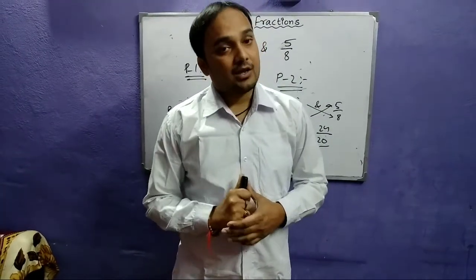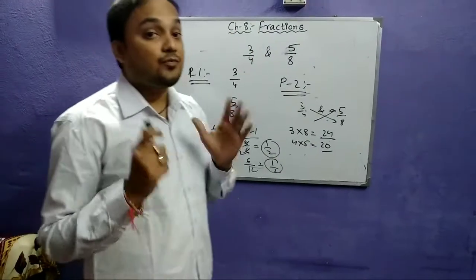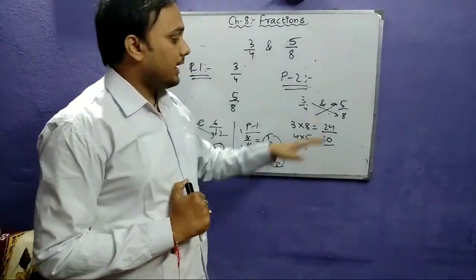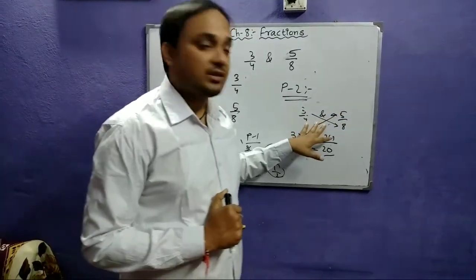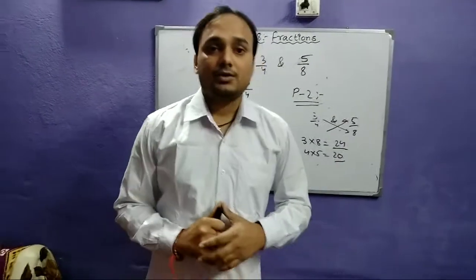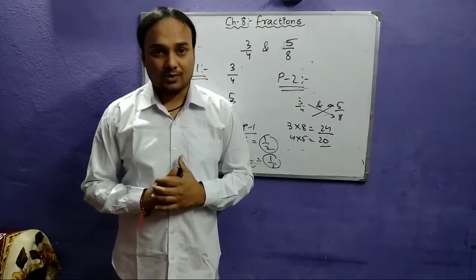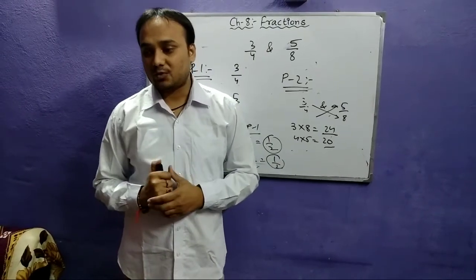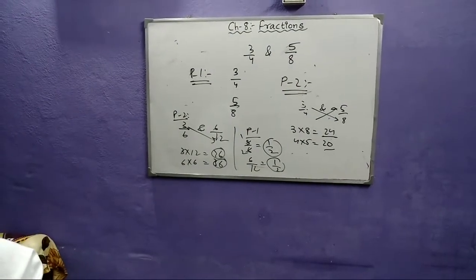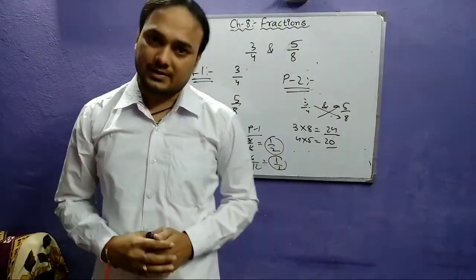And then we saw how to check whether two fractions are equivalent or not. We can check two fractions as equivalent by the cross multiplication method, and the other is the method of converting into the simplest form. So this is what we have gone through, and it will help you to solve the first and second exercise very easily, students.